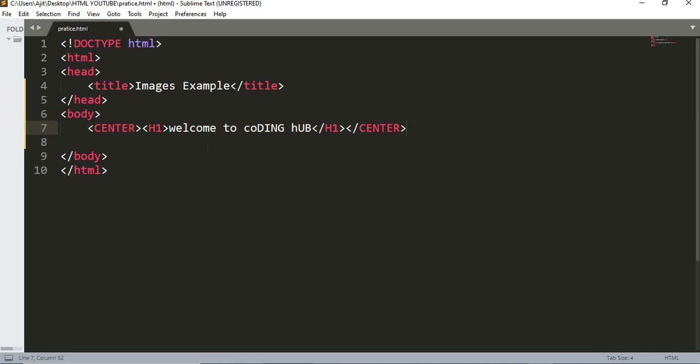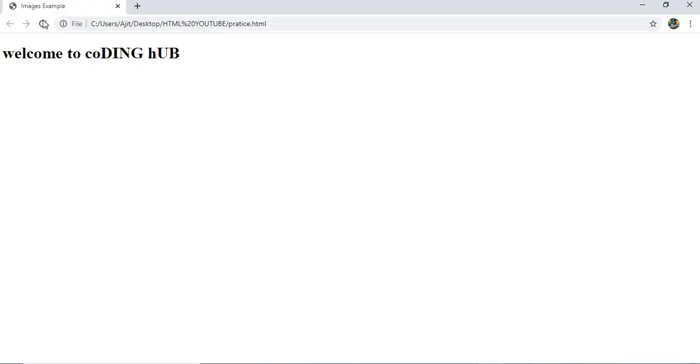Whether I am writing in uppercase or lowercase, it does not matter in HTML. So there is no such issue with uppercase and lowercase. I have given the heading. Just press Ctrl S and check it. Just refresh it. Yes, we are getting the heading.